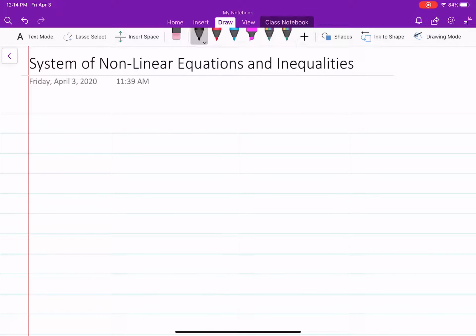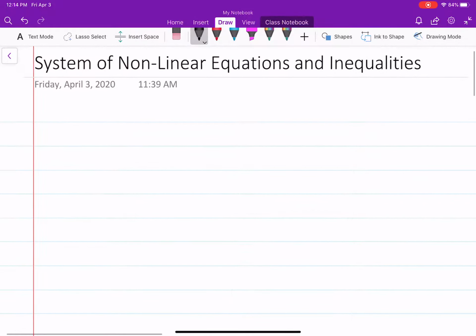All right, today we're talking about system of linear equations and inequalities. The system of inequalities, that is. So let's first talk about the system of nonlinear equations. Well, we're still going to use the same two methods that we learned how to solve for a system of